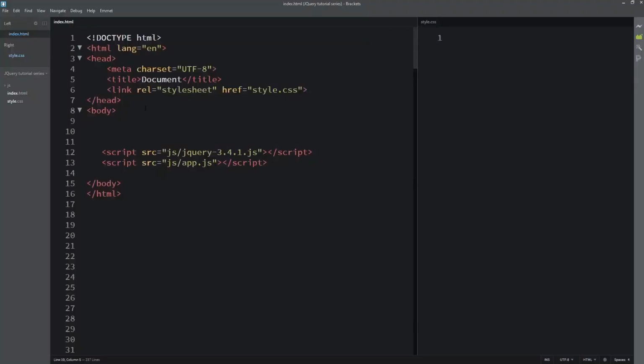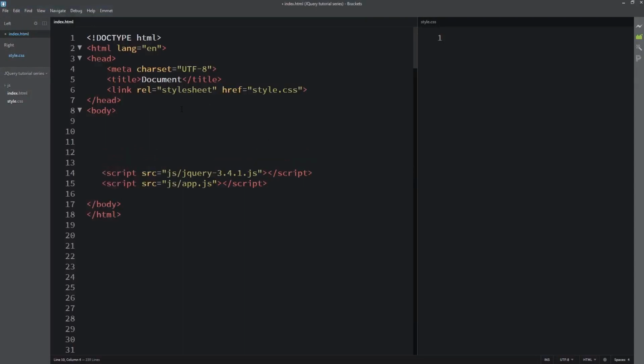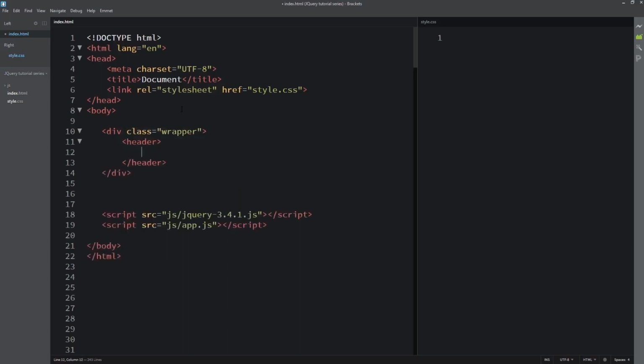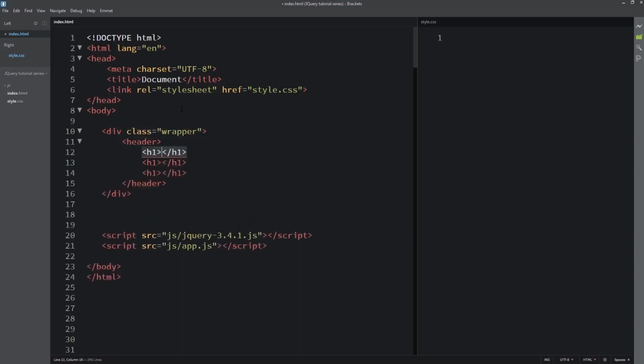If you see my code here, you see I'm starting with just empty HTML and my CSS. So quickly I'll come here and create a div, then I'll give it a class of wrapper. And mind you, as always I'll use Emmet to make sure my HTML markup goes fast. If you don't know how to use it, I already created a tutorial for it. I'll leave a link to that tutorial in the description of this video, so that you can learn it if you don't know it already.